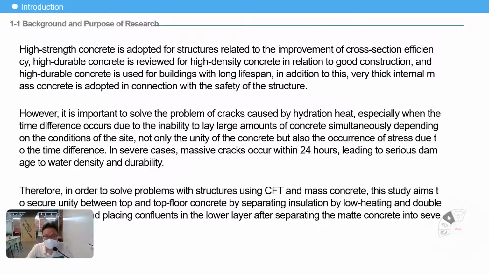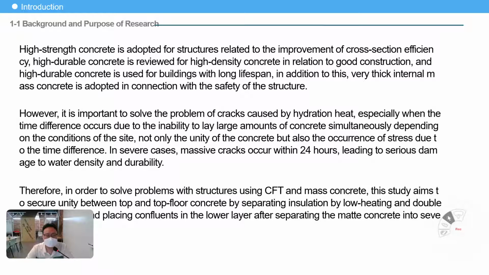In addition to this, very thick internal mass concrete is adopted in connection with the safety of the structure. However, it is important to solve the problem of cracks caused by hydration heat, especially when a time difference occurs